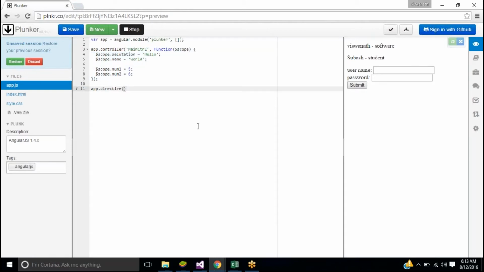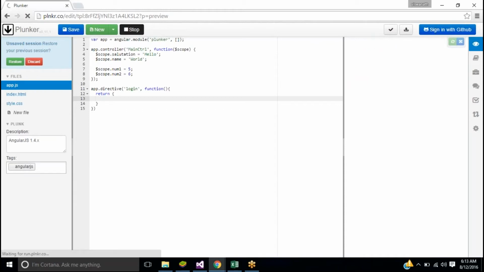Similarly, directive also takes the directive name. I can say login, comma, a function, which will do whatever inside and return and create a directive for you. The very easy way of creating a directive is return. So the function should return something, right? So the function returns an object. The directive function should always return an object with some parameters, something like template.